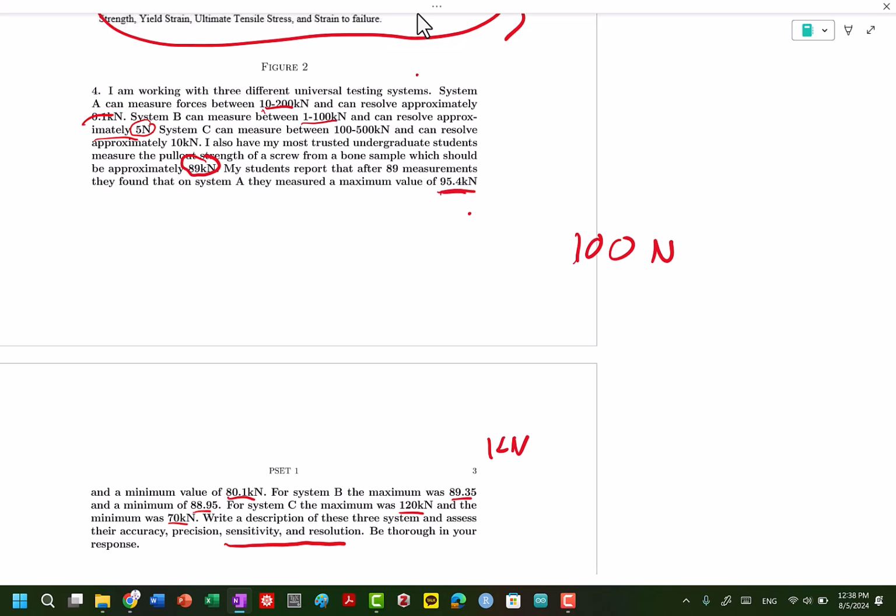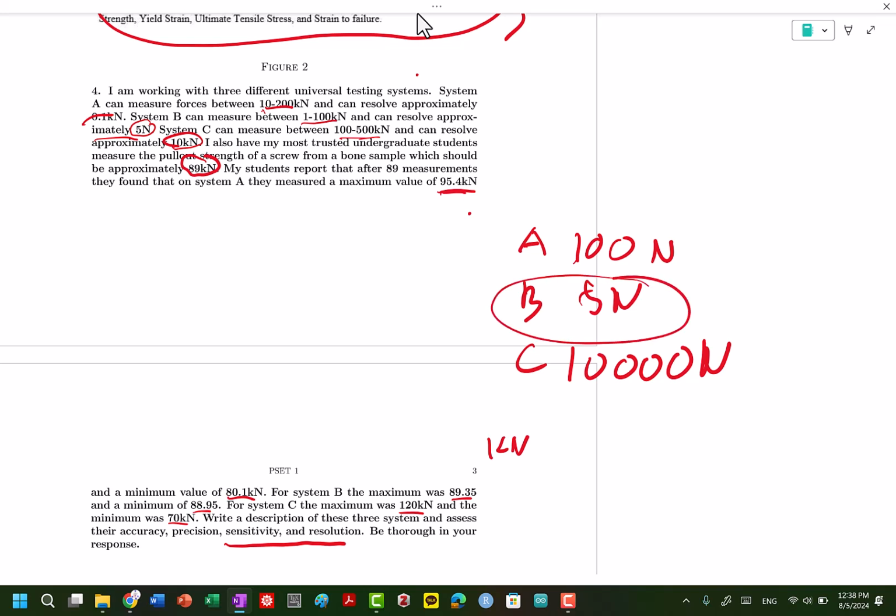System C is the worst because it's 10 kilonewtons. So let's go ahead and A, B, C, 5 newton, and this is 10, 1, 2, 3 newton. It also doesn't have the range essentially to measure these values. So this would have the highest resolution, highest sensitivity. This would be the worst. It should measure